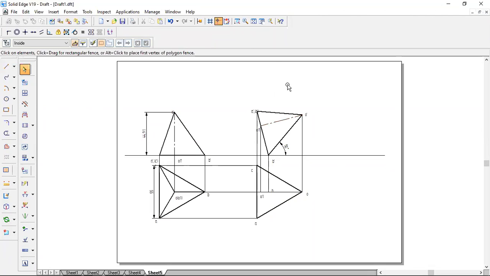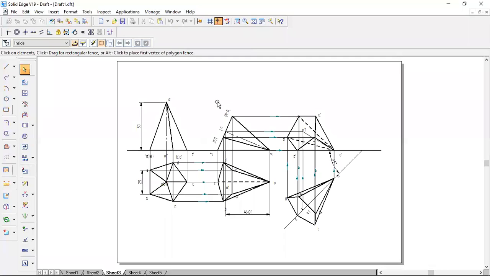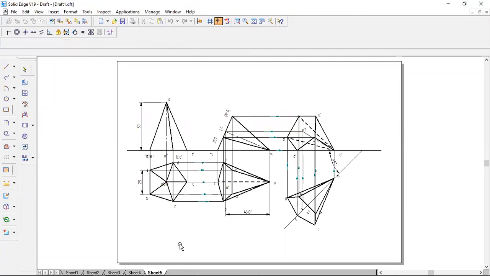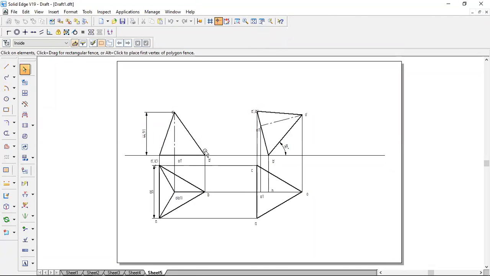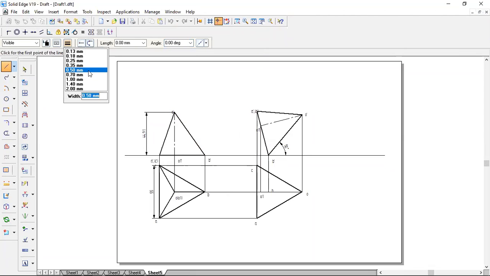Is the base visible or not to him? While viewing from the top of this particular object, the observer is viewing from the top, so the base is not visible to him. Whereas in that case, the base is facing towards the observer, so the base is visible there. But here the base is a little bit inclined in this direction, so the observer cannot see the base. So the base should be drawn as a dotted line. A to B is drawn as a dotted line. Then B to C should be drawn as a dotted line, and C to A already came in the outer view, so no need to draw the dotted line.